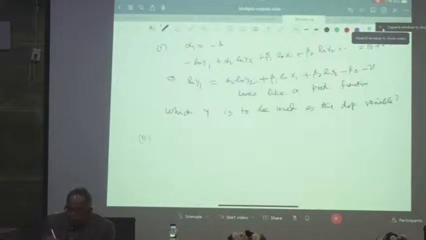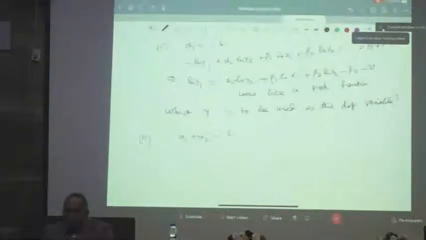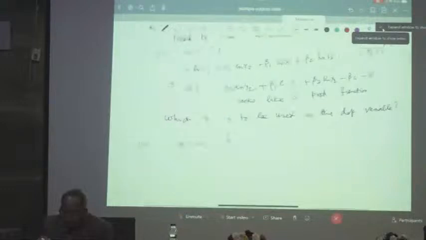So let's just look at alpha 1 plus alpha 2 is equal to 1. Remember, you have to get rid of one extra parameter. So one way is to normalize them to be equal to 1, and this is the second way of doing it. I'm just saying that the sum of the alphas is equal to 1. So if the sum of the alphas is equal to 1, you get to estimate only one alpha. The other alpha will come from the relationship that alpha 1 plus alpha 2 is equal to 1. Okay. So let's just work it out. If alpha 1 plus alpha 2 is equal to 1,